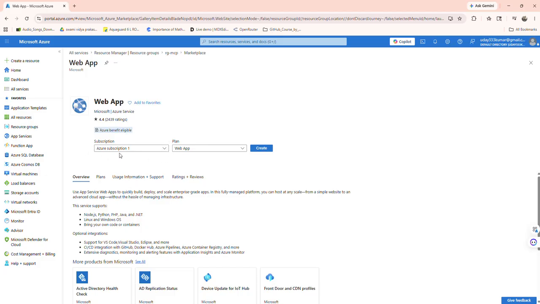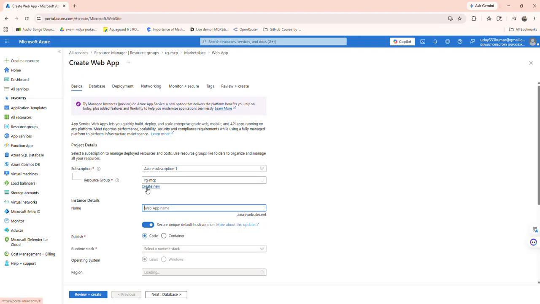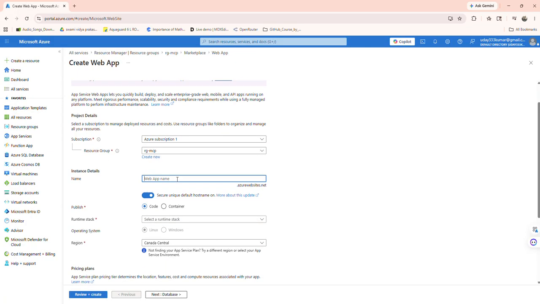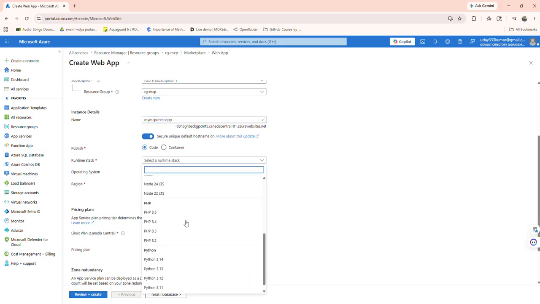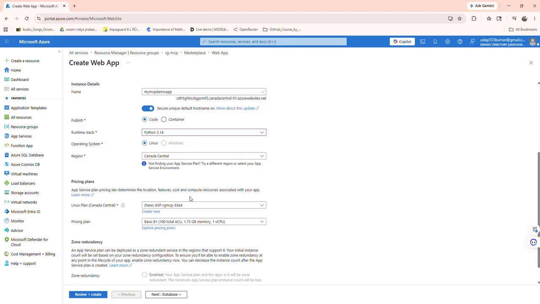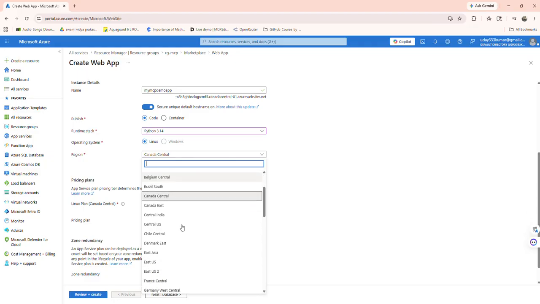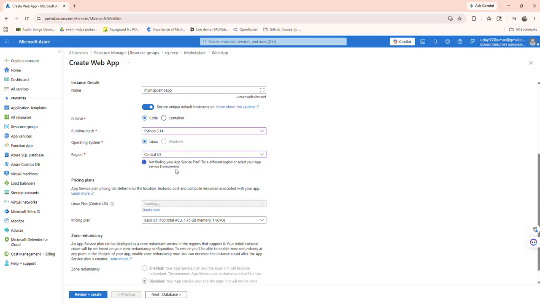It has picked up this subscription plan, and I am using this web app service, so I am creating this, and I am going to give the application name as my MCP demo app, and the runtime stack I am selecting as Python 3.14, and the region as Central US,